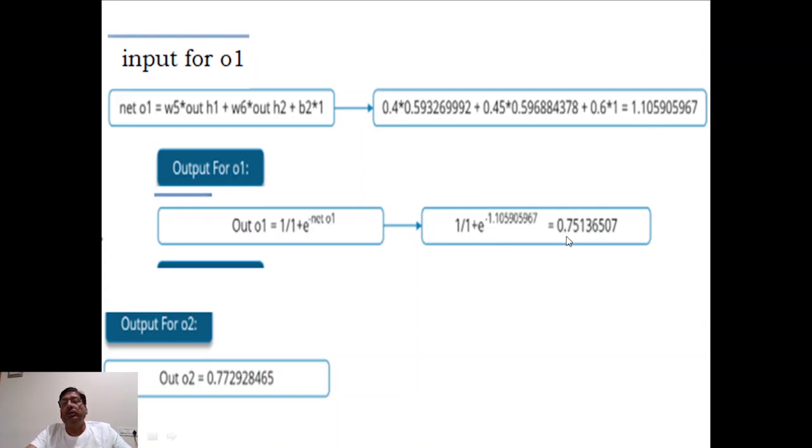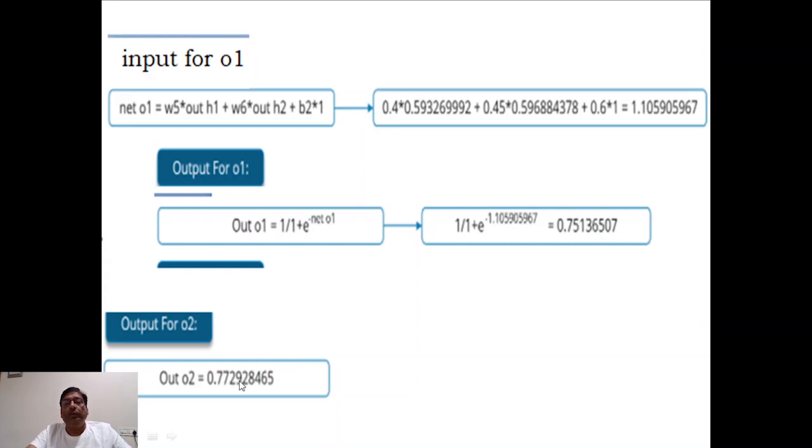So in that case, you are going to get it as 0.751365 and so on. So similar to the way we calculated input for O1 and output of O1, we can also calculate the same for output of O2. So just by replacing over here W7 with H2, W8 with H2 and B2 into 1 and so on, and then calculating with the help of this activation function, you are going to get the output of O2 as